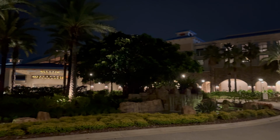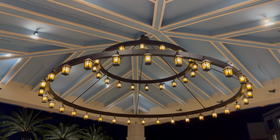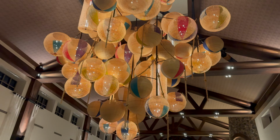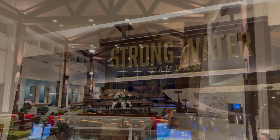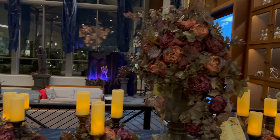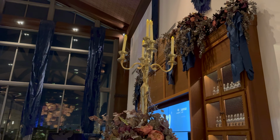And as you make your way next door, you get to Sapphire Falls. And Sapphire Falls is one of my favorite hotels at Universal Orlando Resort. I really love the normal beachy theme of the lobby, but if you walk right beyond that beachy theme towards Strongwater Tavern, you get to see this very beautiful funeral graveyard theme lobby experience with like candles and flowers and